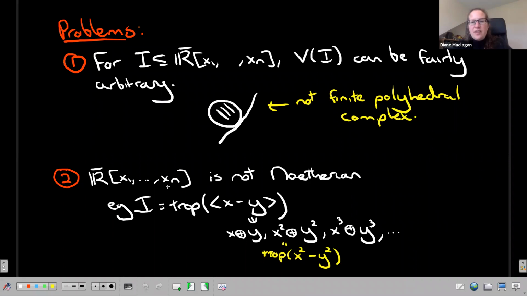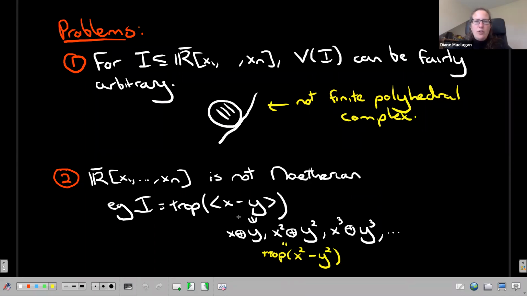Another issue is that the semi-ring of tropical polynomials is not Noetherian. So there are ideals that are not finitely generated. Many of you probably learned Noetherian in maybe even your first algebra class. If you've had a commutative algebra class, you will know that Noetherian rings are the rings we like normally. So we run into trouble right at the start for one of the simplest ideals you can think about.